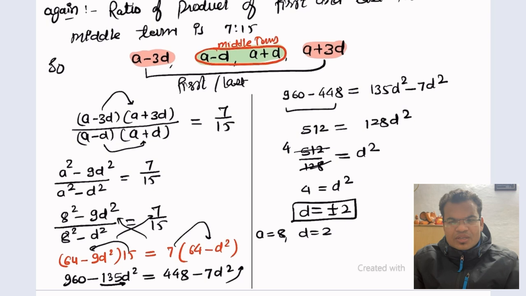So we are taking the plus 2 first. When you are putting these values in the four consecutive numbers, 8 minus 3 into 2 will be 6. So 8 minus 6 will be 2. So first number is 2, and then again